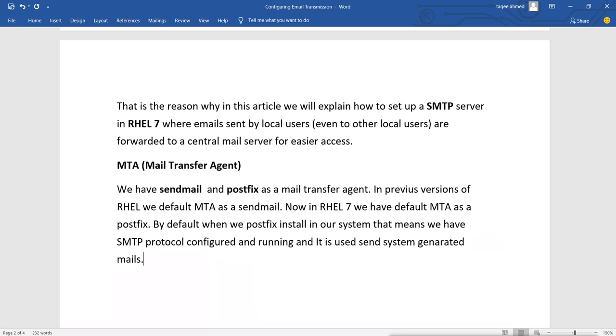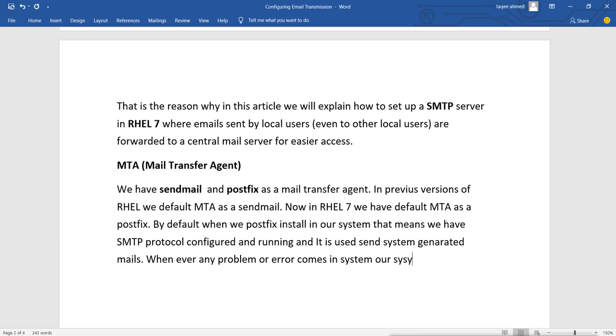Now what are these system generated mails? Whenever any problem or any error comes in our system, it generates a system mail to the administrators.